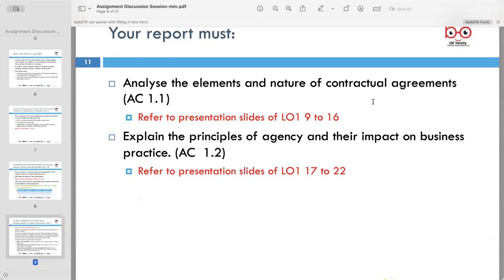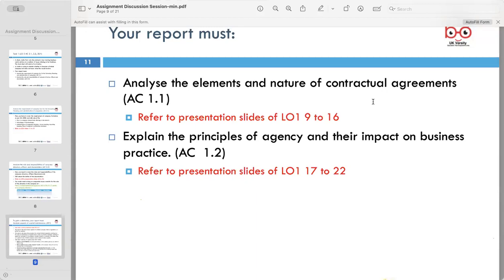Intention to create legal relations. You can discuss whether, based on the scenario, there is an intention between Jody and Harry to create a legally binding contract. The fact that they are discussing a business transaction implies such an intention. Then clarity and certainty: examine the certainty of the terms and conditions of the agreement. Assess if the agreement is clear and if there is a possibility of performance. Jody's change of mind and communication with Harry might affect the certainty of the contract.